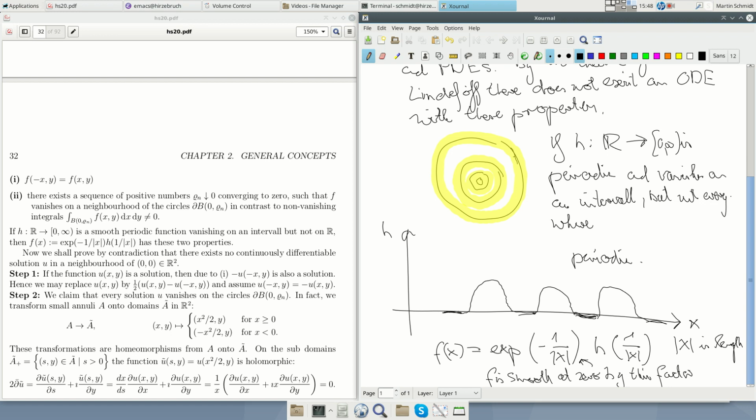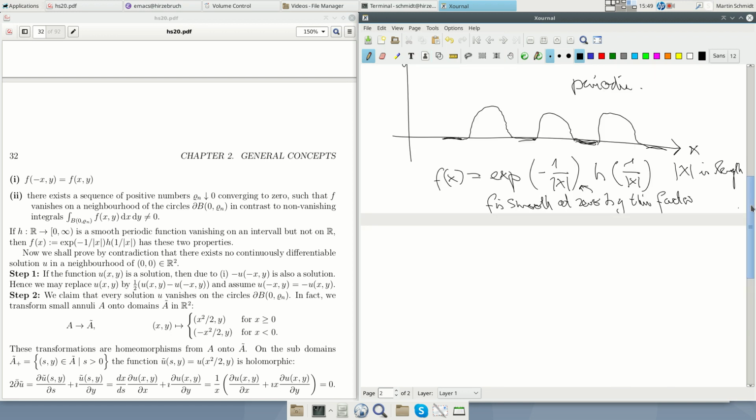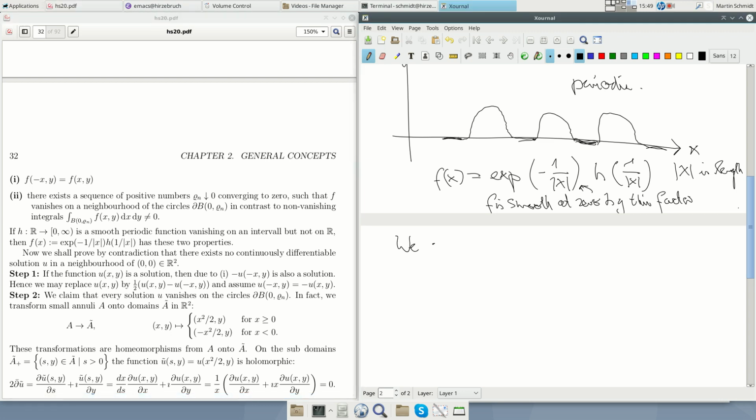Yeah, and also in these two coordinates, one should say, here x is the vector xy, so this should be considered as the vector xy, and this is the length of these two vectors. Okay, so we have such a function, so they exist. And now the claim is, we claim